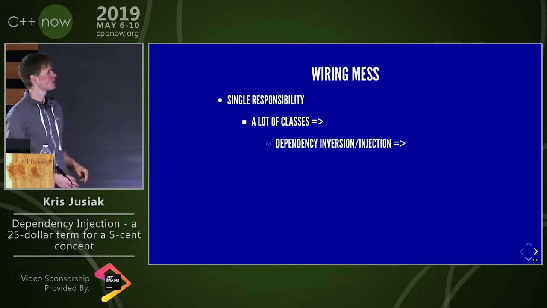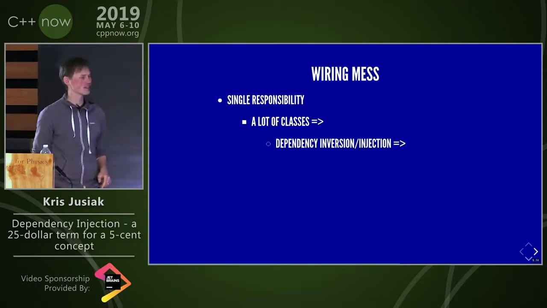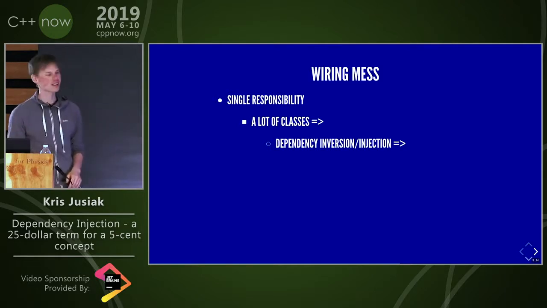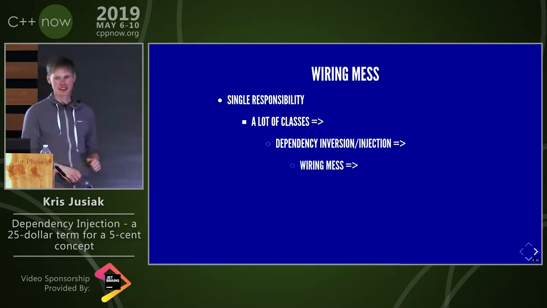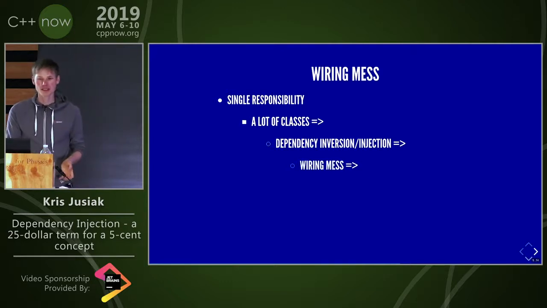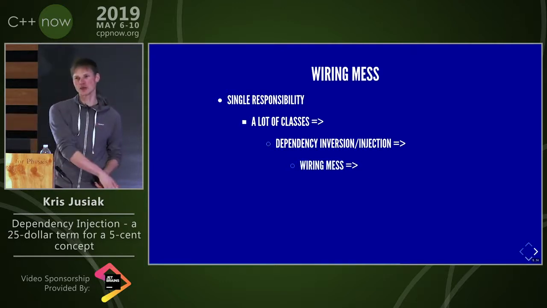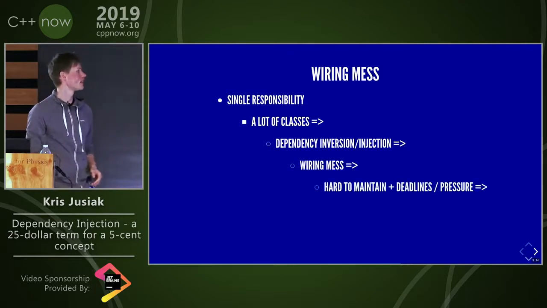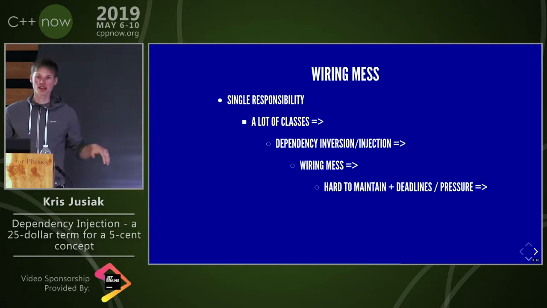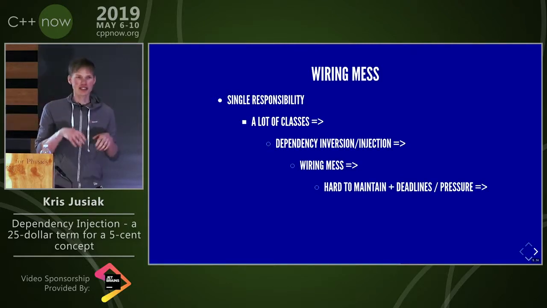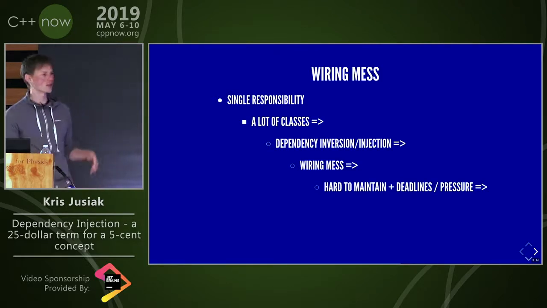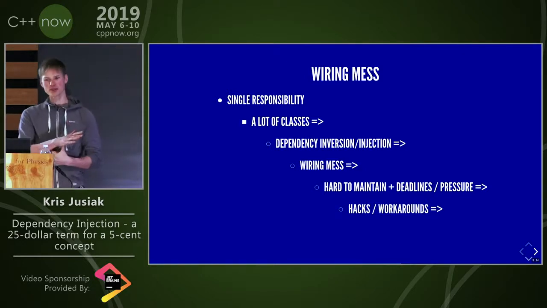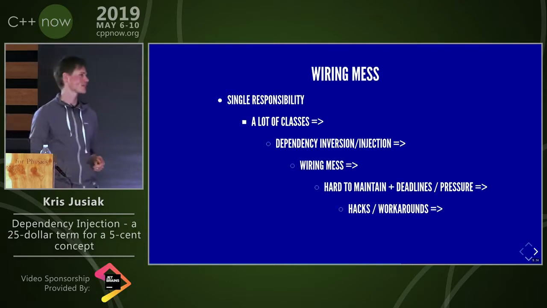After that, we introduce the dependency inversion and injection, so we pass them through the constructors. Great. And we introduced the wiring mess after that, because the main was getting bigger and bigger the more dependencies we had. So all of that gets hard to maintain after a while, and we have deadlines as always. At some point we have the pressure, and what do we do? Hacks and workarounds. So we break the single responsibility, we break the dependency inversion,